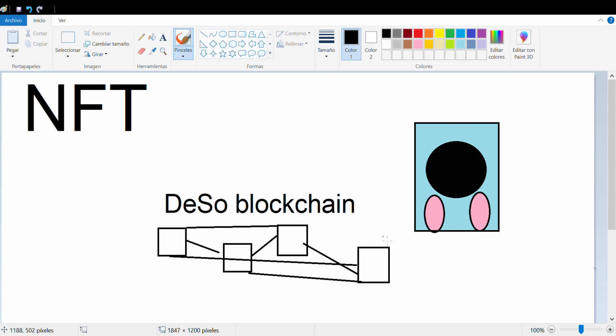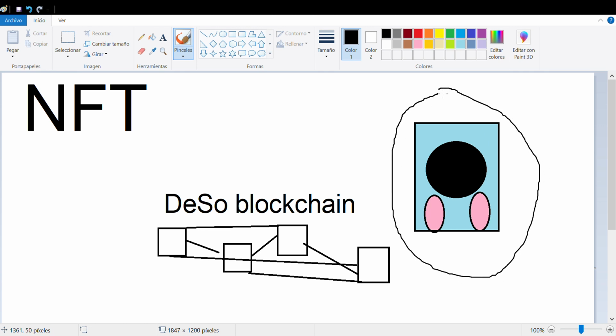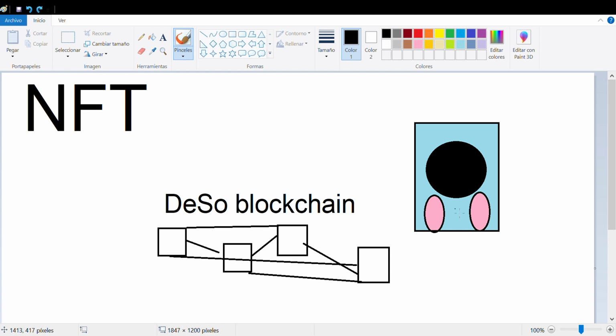You make this image an NFT by putting it on a blockchain, right? And you put it on a blockchain.